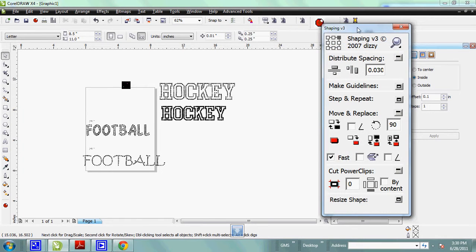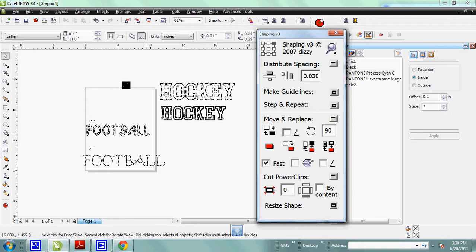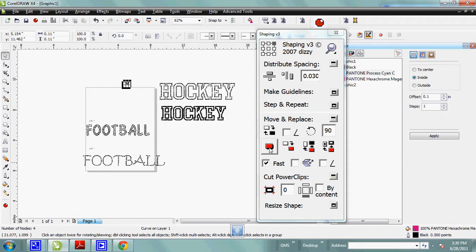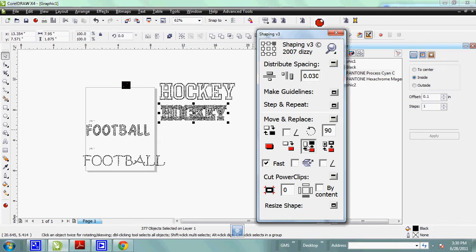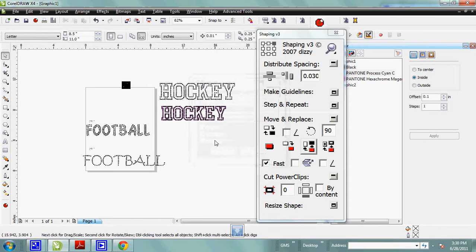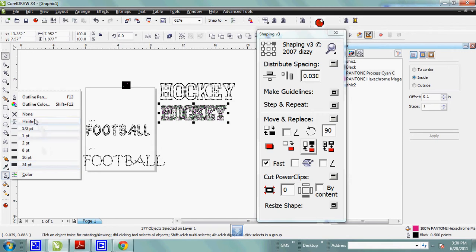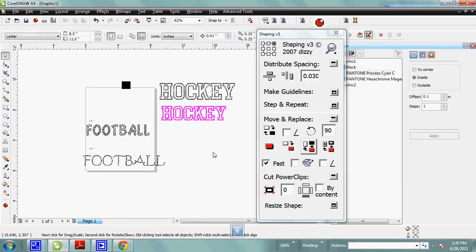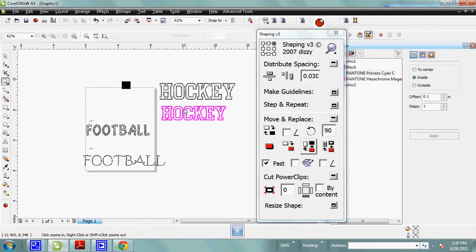Open up your shaping tool here, highlight your 0.11 stone and select it with that red button. Highlight your word and hit this button here. And what happens is, I'm going to take away the outline on that color. What has happened is